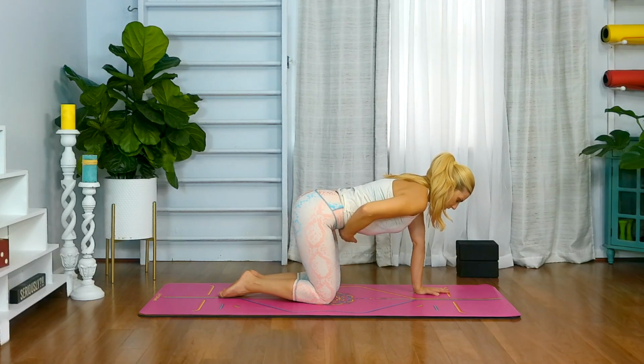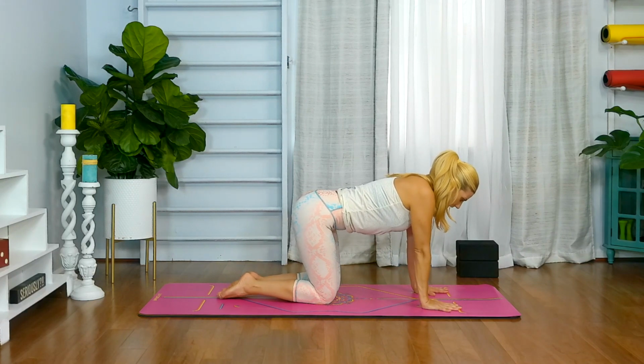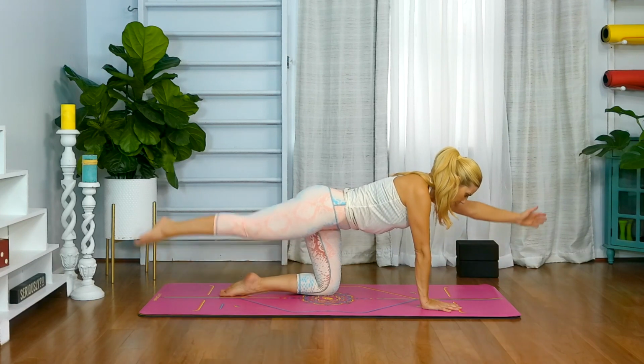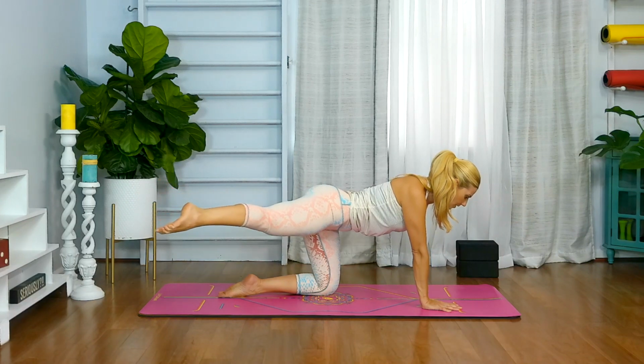So these 2 hip points drawing in, pelvic floor is lifted. Your entire body is gonna stay still except for the arm and the leg that we're moving, okay? So inhale, lift, or toe can be down. Draw your core in, exhale with sound. Move it to the side. Now inhale, exhale, move it back,